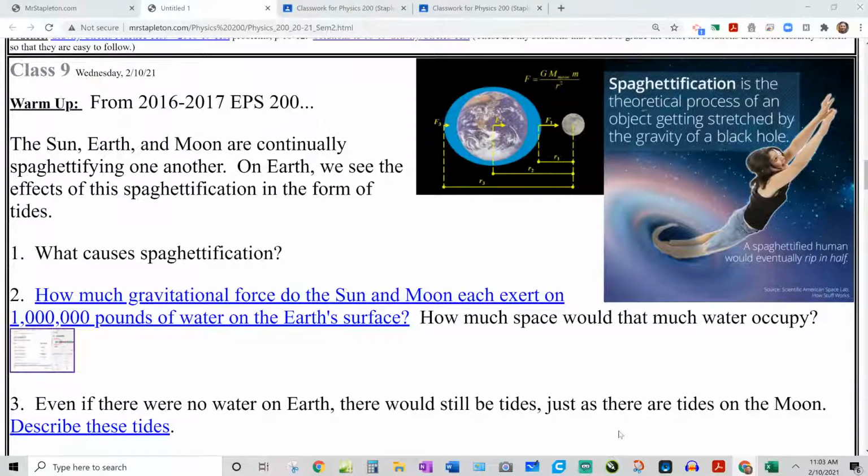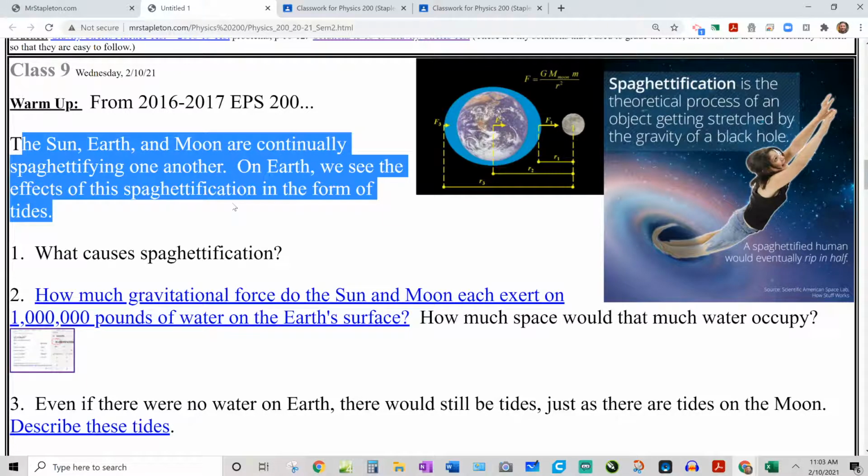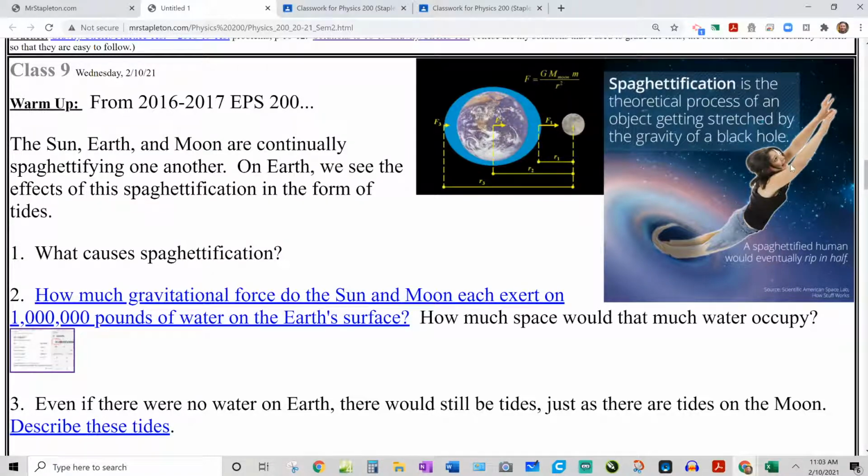Oh well. So, anyway, I'm just going to read this. The sun, the moon, and the earth are continually spaghettifying one another. On earth, we see the effects of spaghettification in the form of tides. What causes spaghettification? Well, if you look at the woman there, the gravitational pull of a black hole is really,